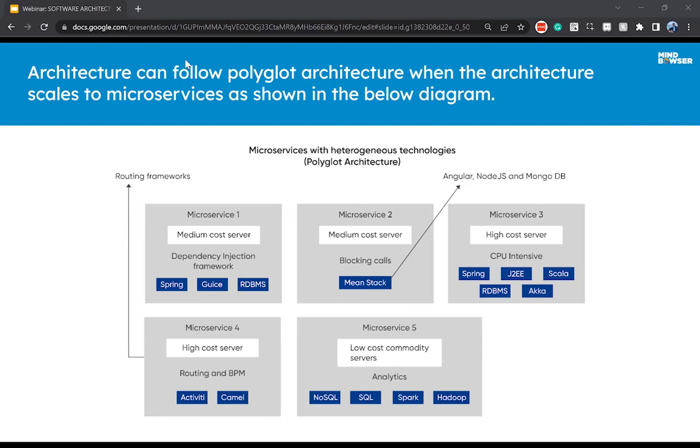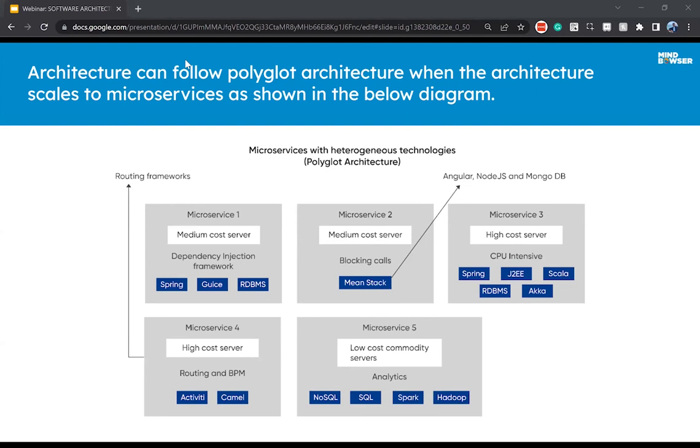For example, if that service has more DB calls or more external integration calls, we can go for single-threaded, because that doesn't require more CPUs, but it is a high IO-intensive application. So for that, we can go for Node.js. Like that, we can decide on which service, even functionally, by knowing the functionality of the service and the number of users accessing that service functionality. So we can split that into microservices and then decide the tech stack of that service.